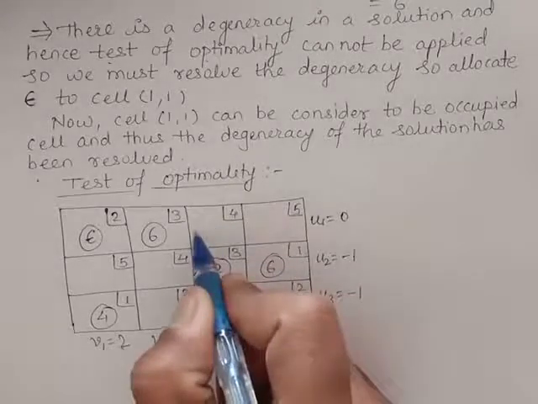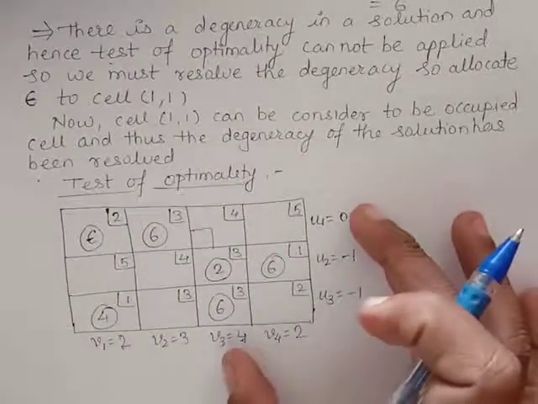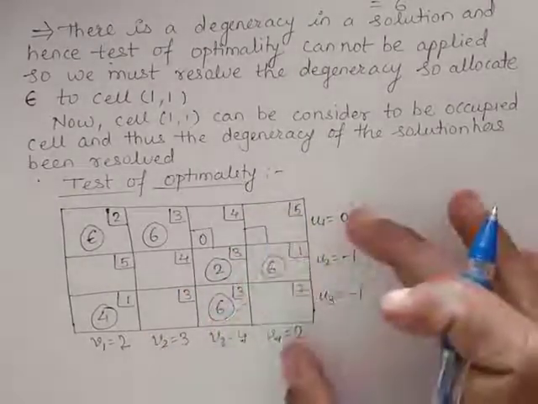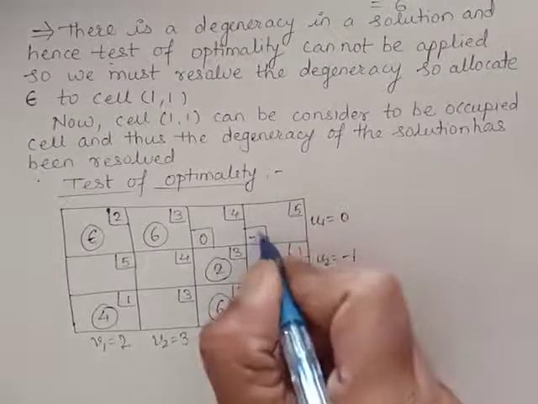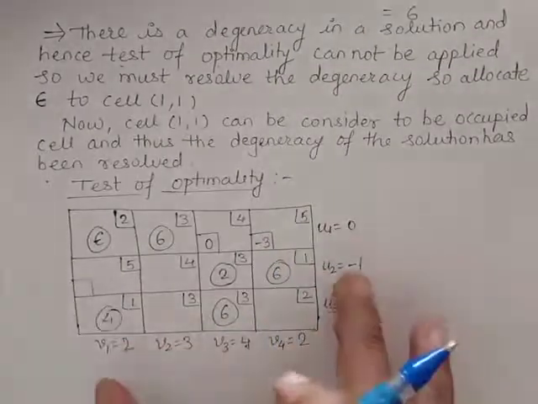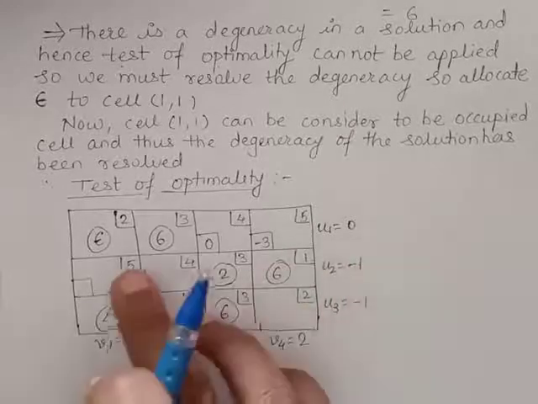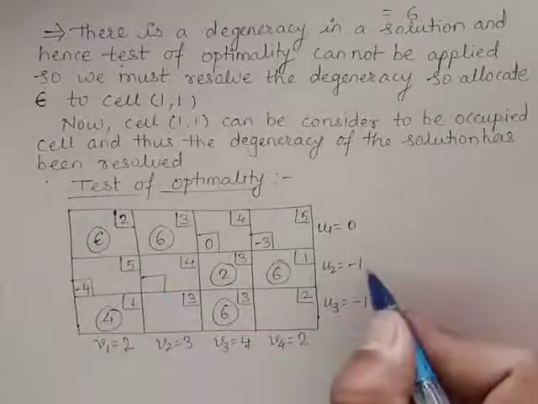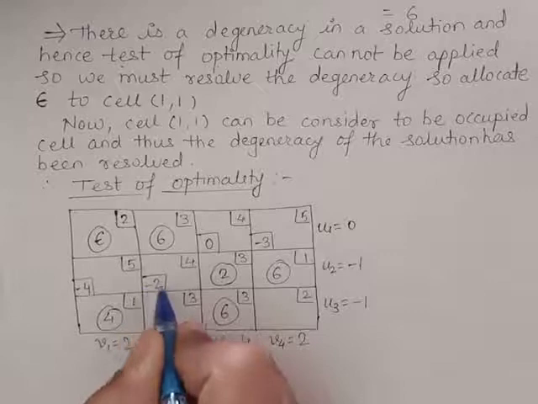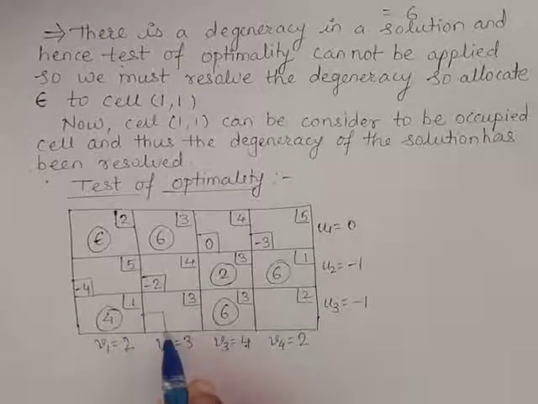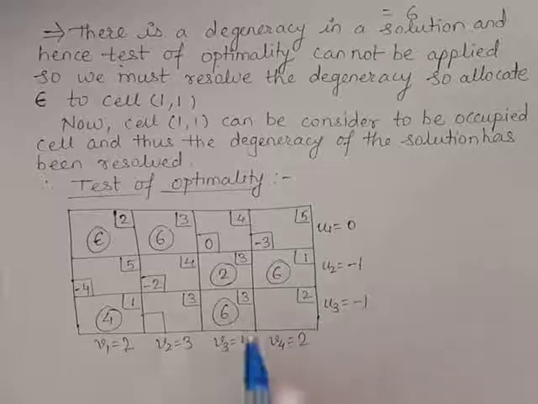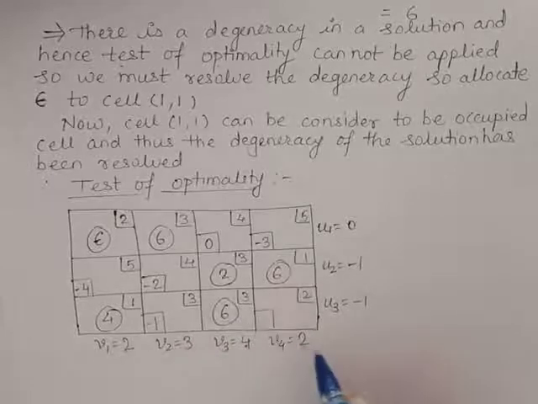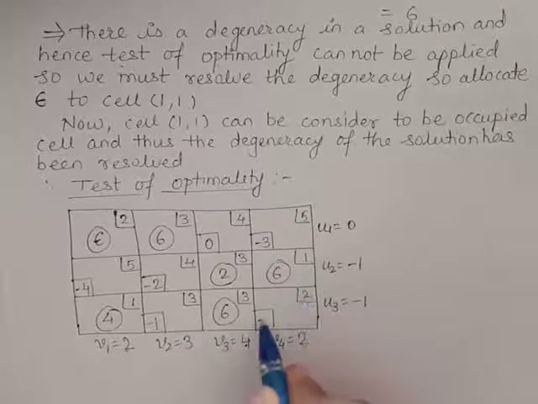Let's find out delta ij. So now delta ij, this is addition. This is 4 minus 4, so it will be 0. This is 2 minus 5, so it will be minus 3. Again this is 2 minus 1 will be 1, minus 5, so it is minus 4. Okay, then this is 3 minus 1 will be 2, 2 minus 4 will be minus 2. Now what is here? This is 3 minus 1 will be 2, 2 minus 3 will be minus 1. What about this? This is 1, 1 minus 2 is again minus 1.